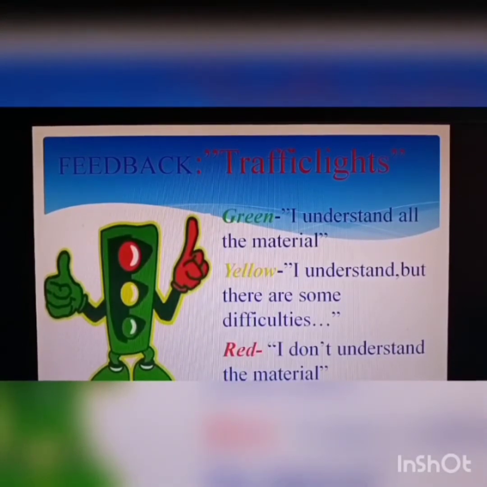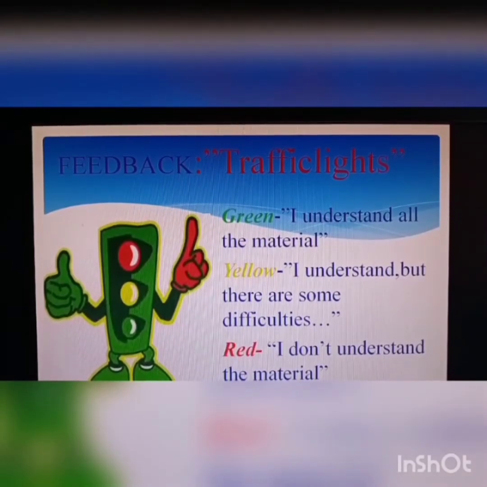I use feedback traffic lights at the end of the lesson. If the student understands all the material, they show me the green eye of the traffic lights. If the student understands, but there are some difficulties, he shows me the yellow eye of the traffic lights.